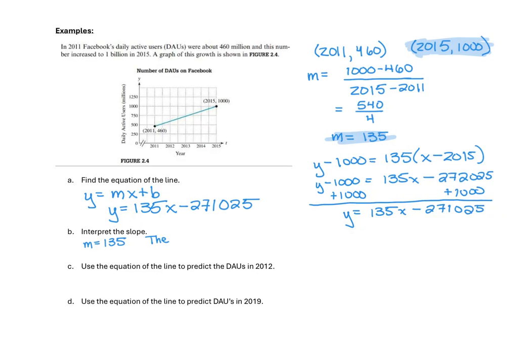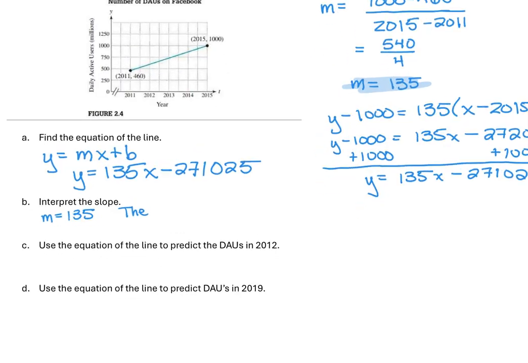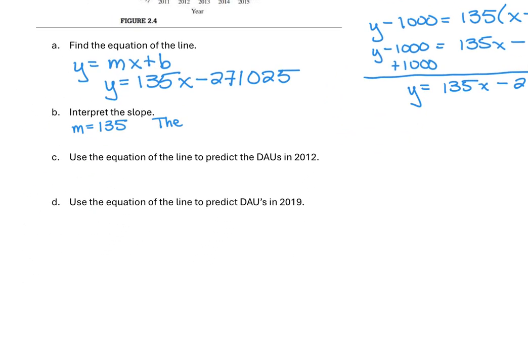If we go back and look at our application problem, we have Facebook's daily active users. So that's what we're looking at. The daily active users is increasing, because it's positive,